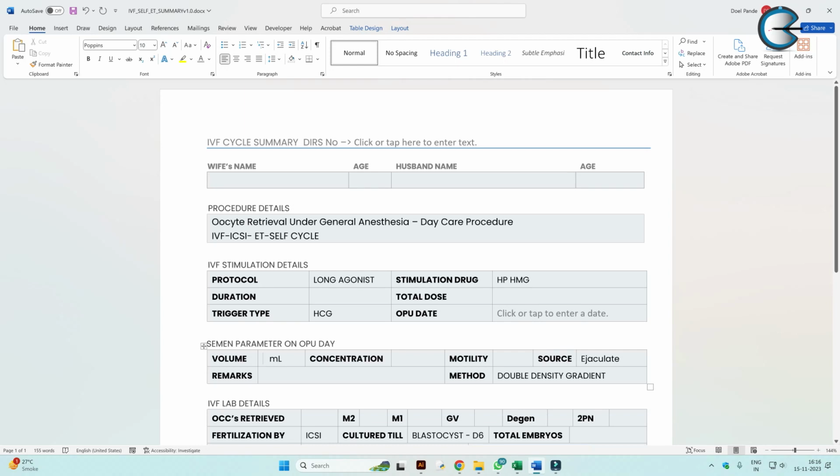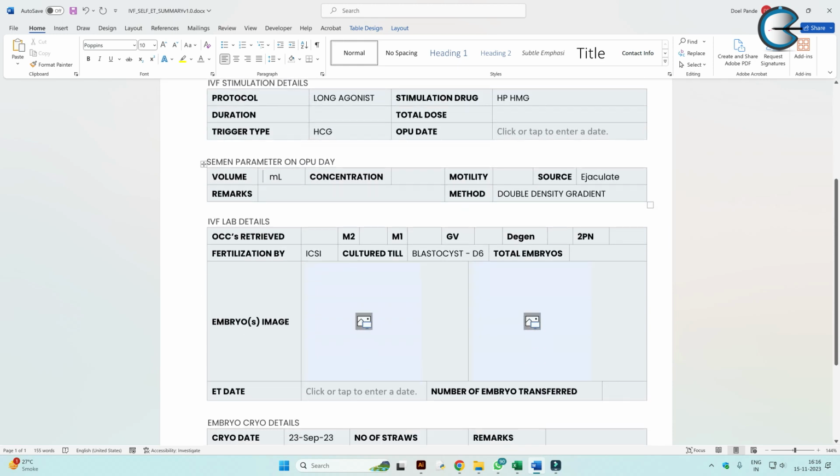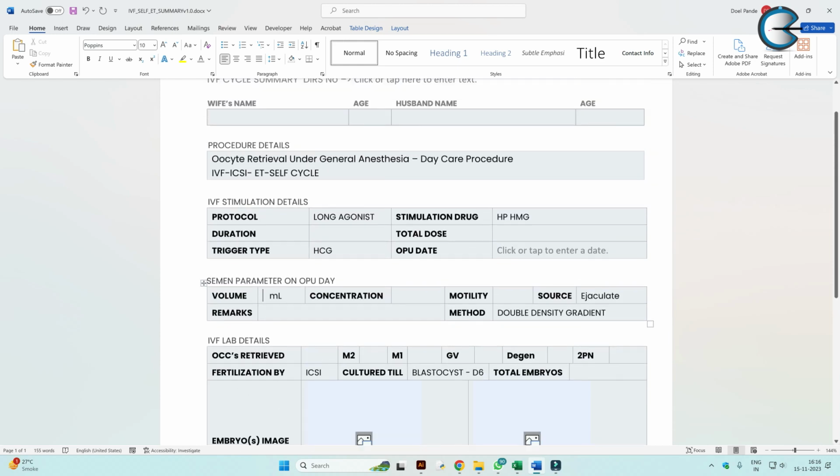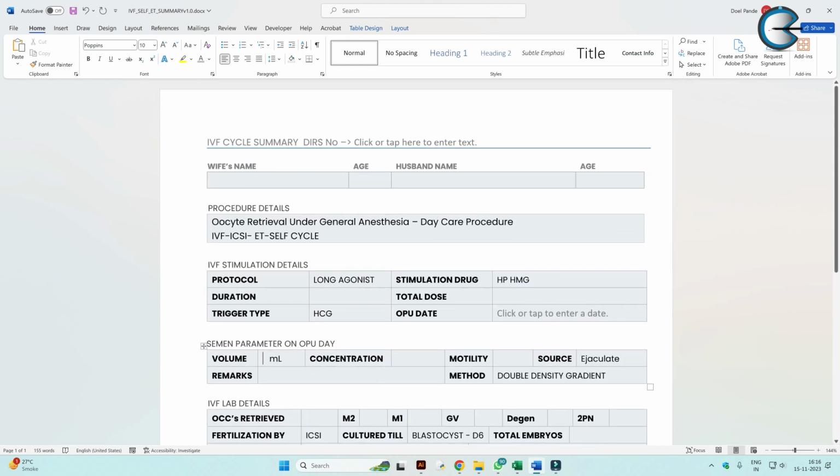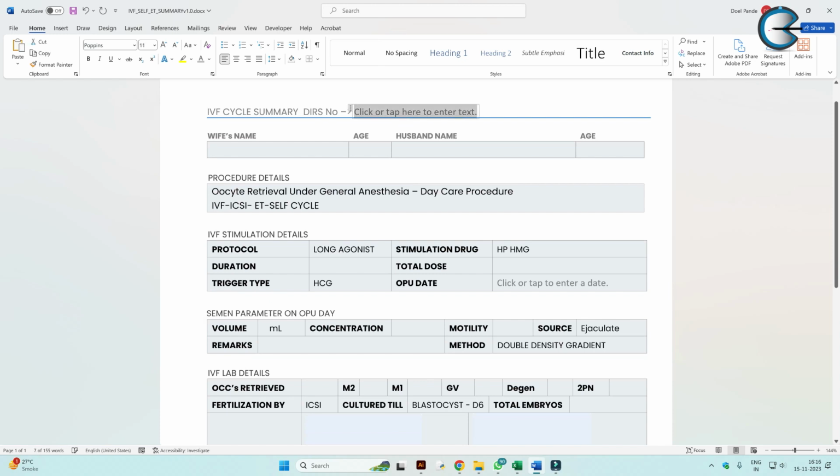Hello everyone. This is an IVF cycle summary information sheet. This can be presented to the patient as a printout, as a discharge summary after the IVF cycle. So it captures the basic information like the hospital record number, the MRN number, basic details about the patient age